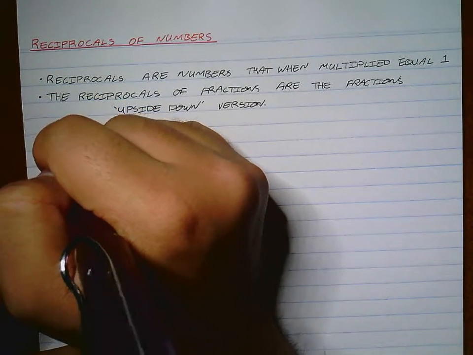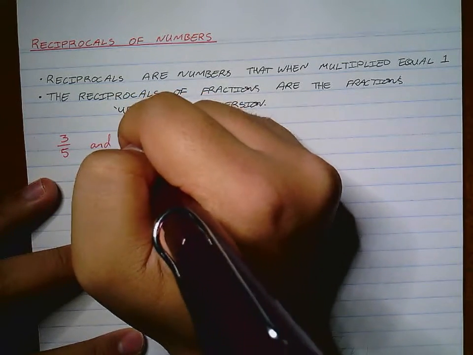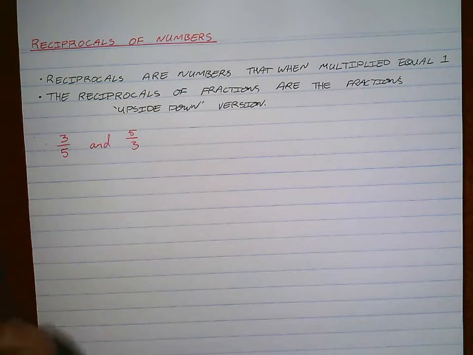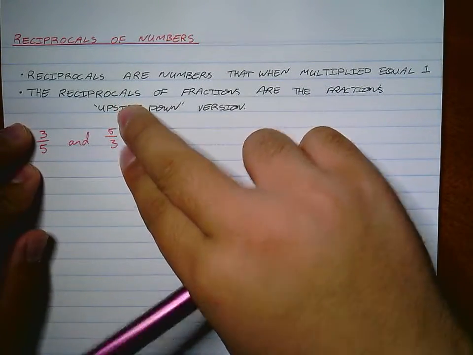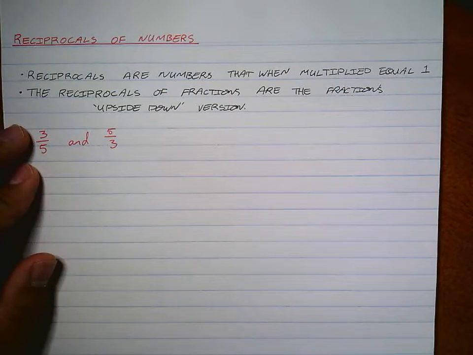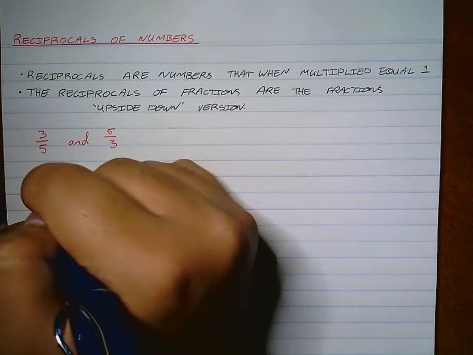Let's take a look at 3/5 and 5/3. Notice how each of these fractions is just the same fraction tipped over itself. If we multiply these two fractions together, so we get